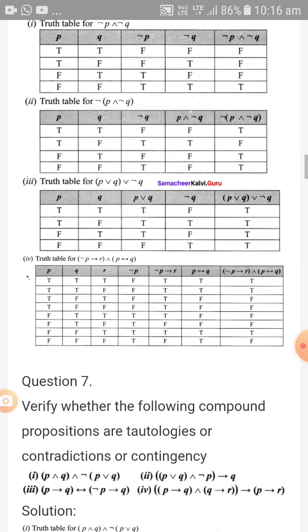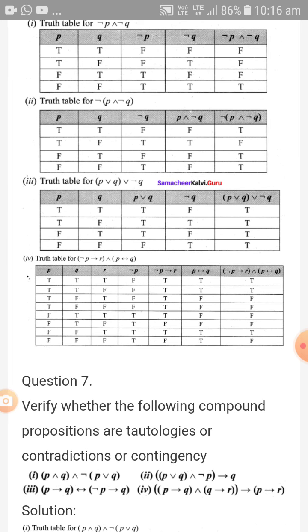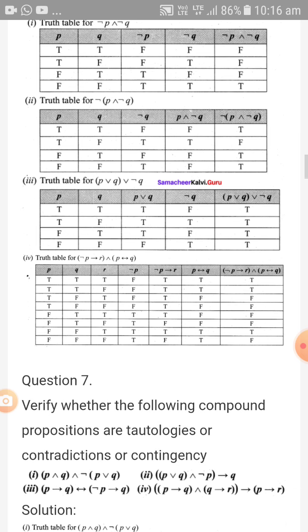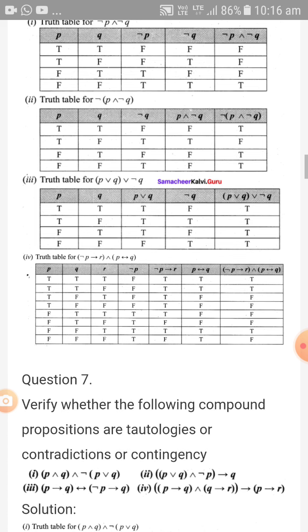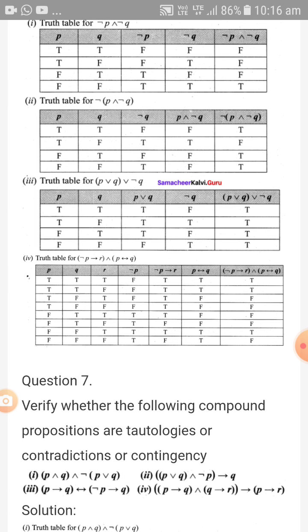Next we have to write P if and only if Q. We compare both: TT means T, TT means T, TF means F, TF means F. When both letters are the same, FF means T only, that is if and only if. So that is the column. Now we have to compare these two columns using AND. True and true gives true, true and false gives false. One false one true will be false only. Two trues will become true. False and false means false only. Like this we have to write the truth table.